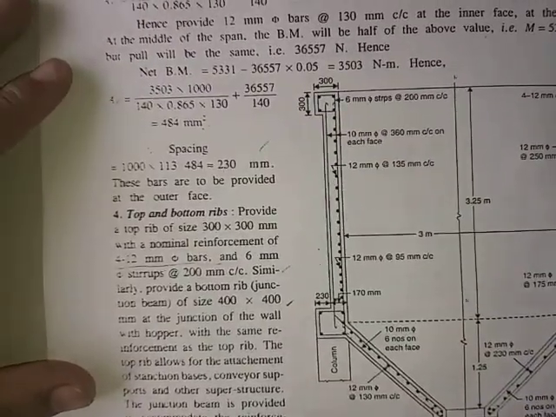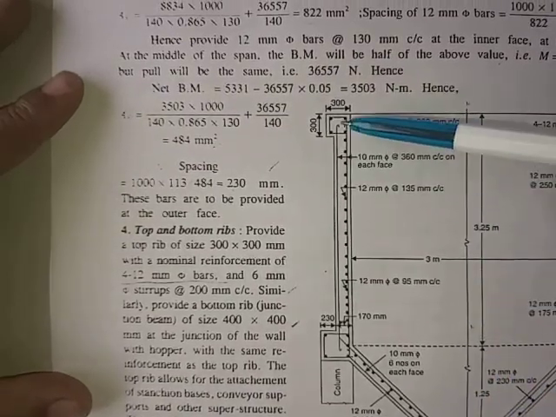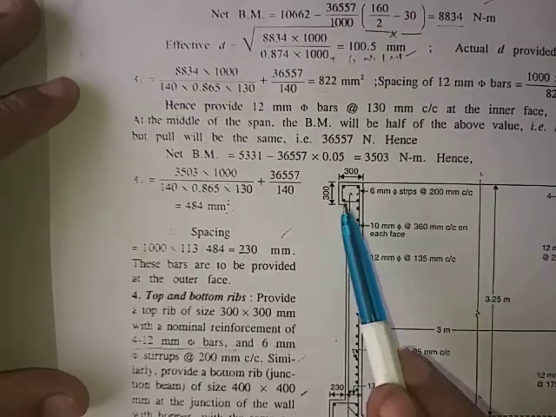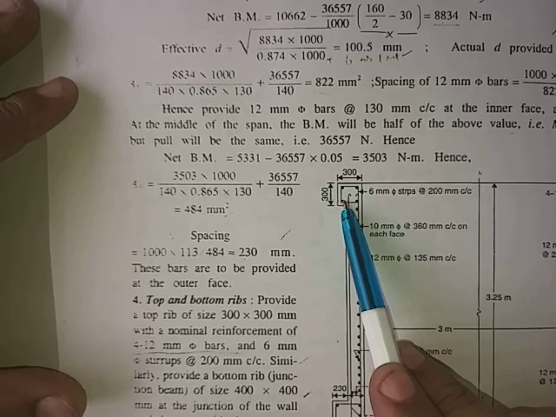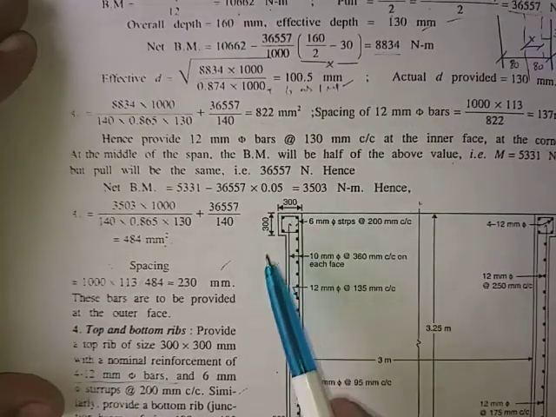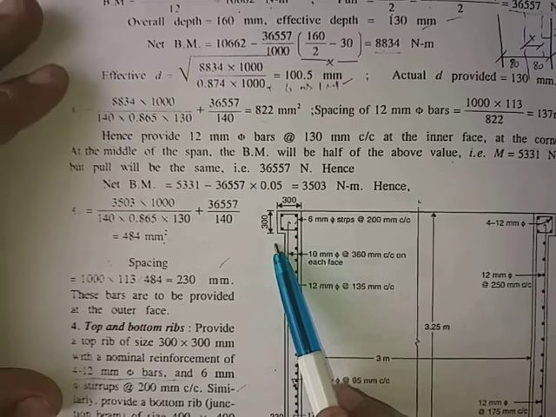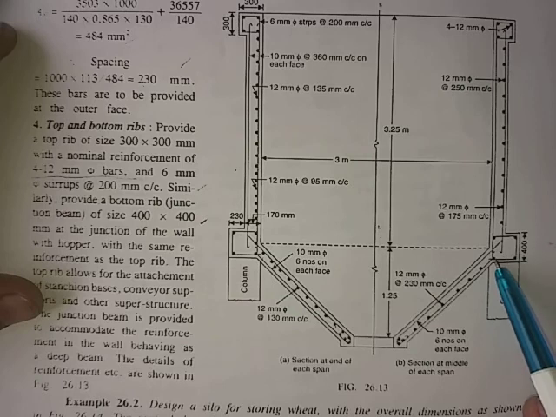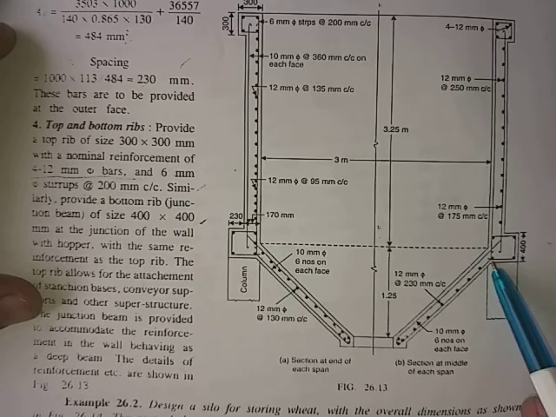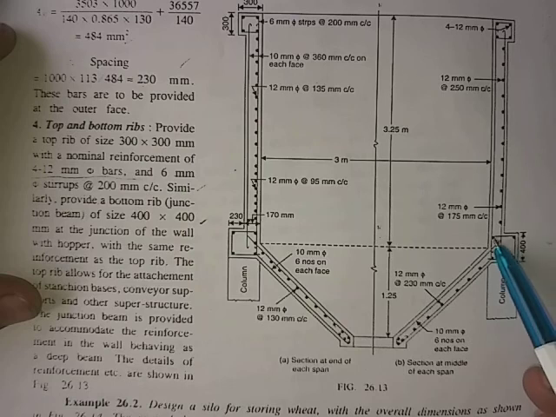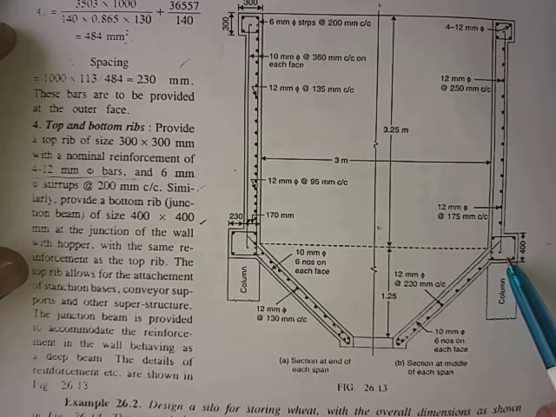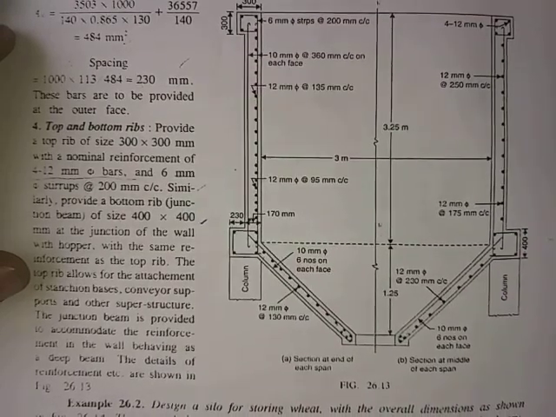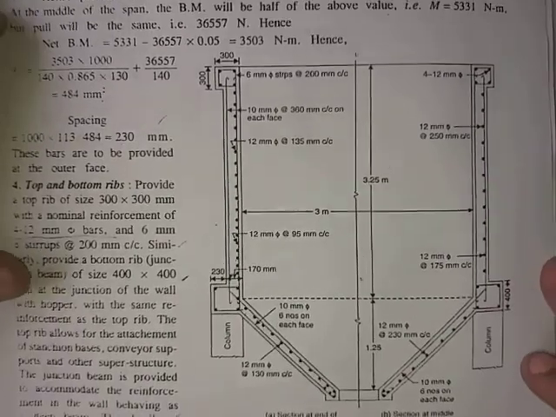The last part of this design of the bunkers is the beams, which are to be designed at the top and the bottom. So both the sections have been taken up. At the top, a square beam with the size of 300 by 300 is provided with 4 bars of 12 dia. Similarly, at the junction of the cylinder and the hopper bottom, the section provided is again 400 by 400 with 4 bars of 12 dia at the corners, and the stirrups of 6 mm diameter are provided at the rate of 200 mm center to center for both the beams. So you can see the reinforcement diagram very clearly.